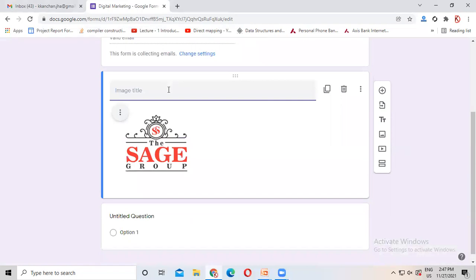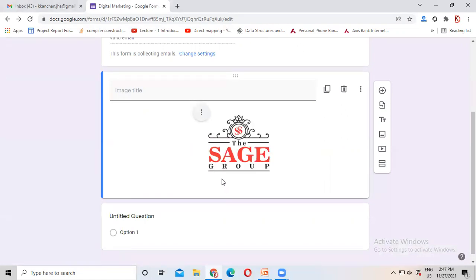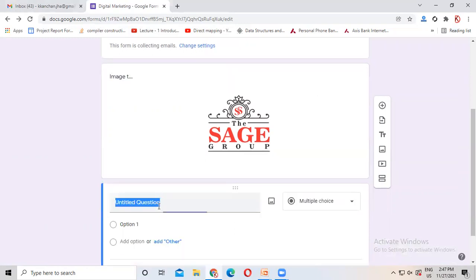If you want to give an image title, then you can write it here, otherwise you can leave it. If you want your image to be in the center, right or left, you have to select that. For example, I am taking center alignment. It looks like this.